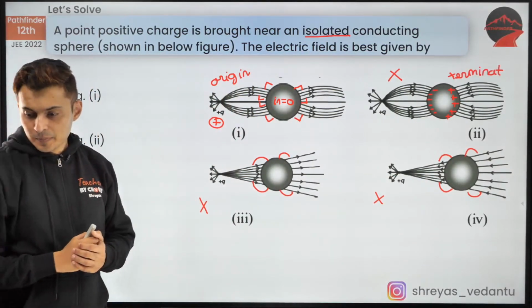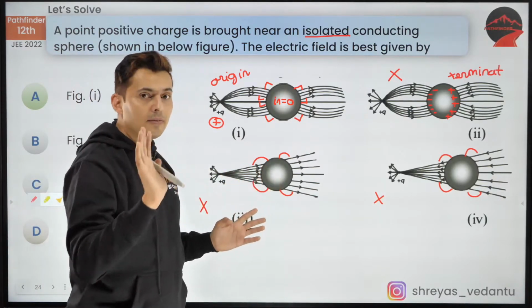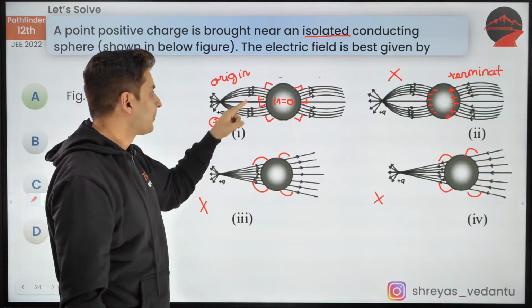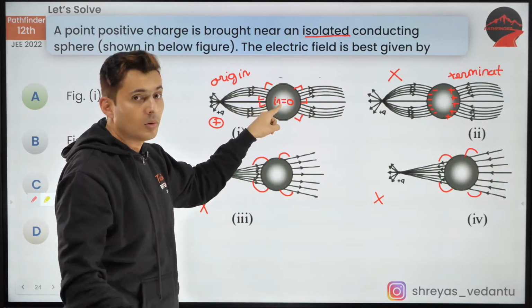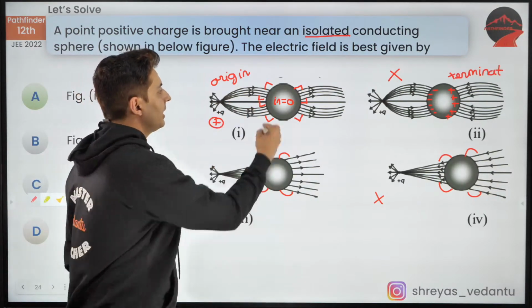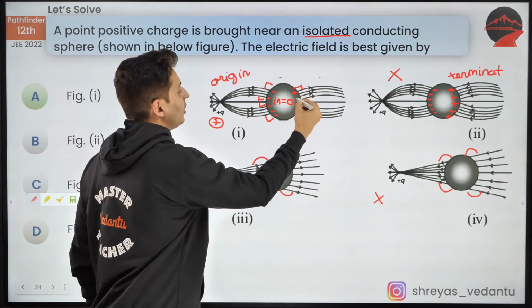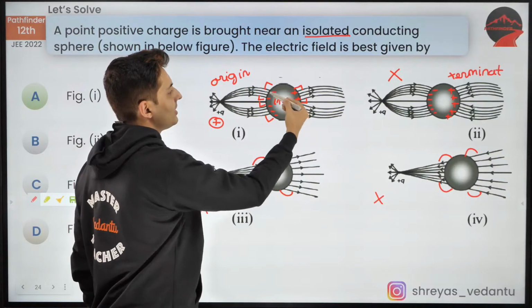Is that now clear? Basically, we have used a few properties, like field should be perpendicular to the conductor. So you can see over here the field lines are perpendicular. Field inside is 0. That is also correct. They are originating from positive charge, ending at a negative charge, because there will be a negative induced charge, and an equal amount of positive charge will be there on the other side. So you can see the field lines are originating over there.